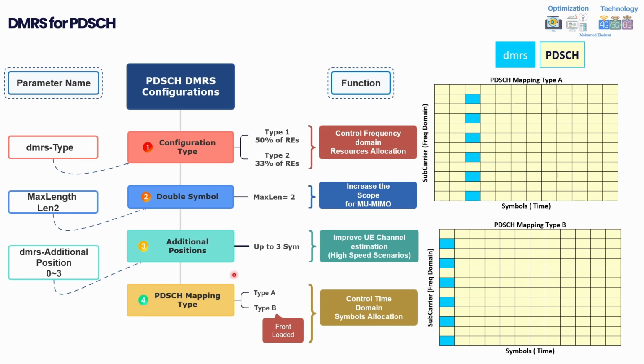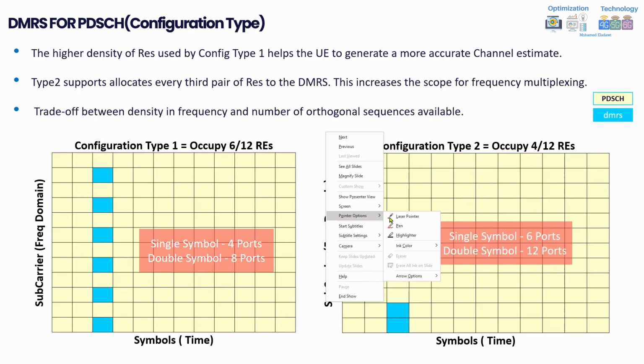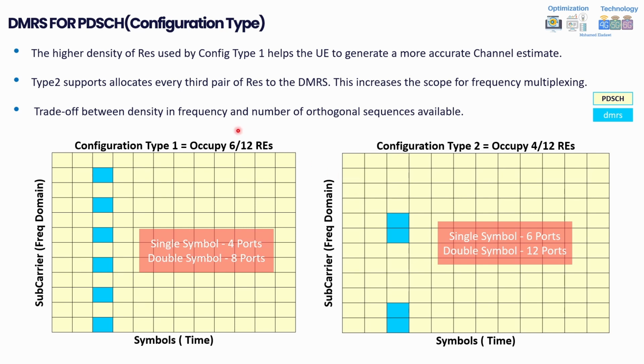So now let's try to cover these three bars in more detail. We'll try to make it quick. In case you are okay with this slide, you can jump directly into the broadcast channel and the PDSCH channels. The next slide will be covering the details about this one. Okay, now let's go through more details about the configuration types.